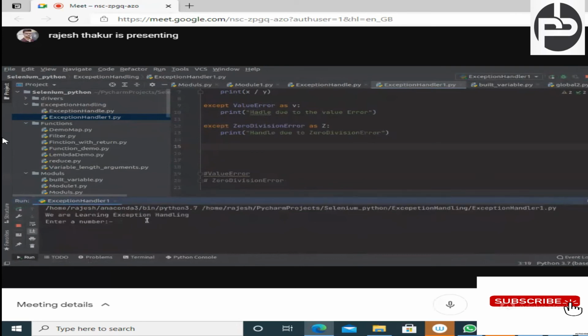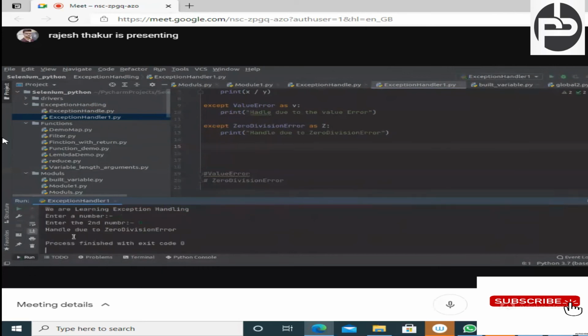Now the third time I'm trying to execute, and here I'm passing 3. The value error was a mathematics problem. Now I am going to come up with the chemistry problem, and here I am passing 0. This is my chemistry problem, and when I press enter, the chemistry teacher gives the solution. Hey user, you want to divide a number by 0, so you cannot, so zero division error, right? So this block got executed, meaning this teacher cannot solve the problem, and this teacher can happily solve the problem. So this is all about it.